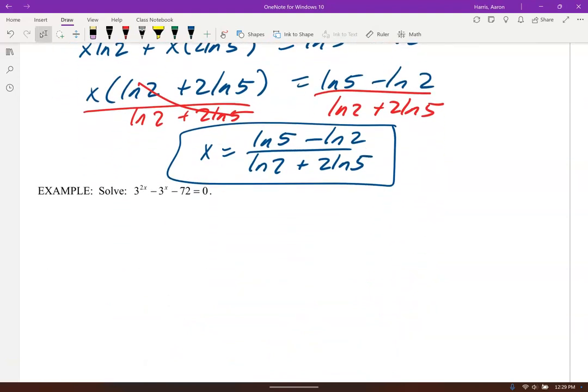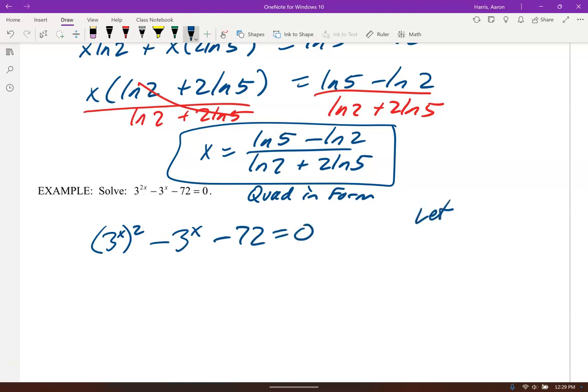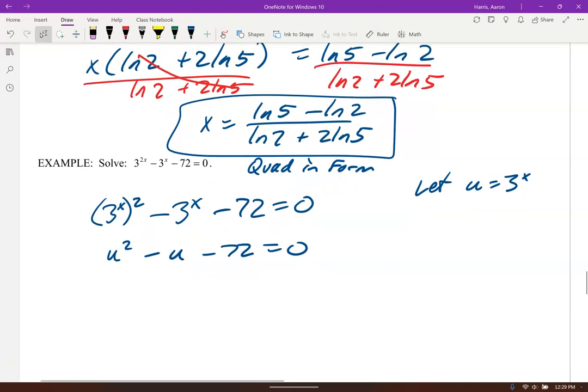And let's keep going. This one is called quadratic in form. And so what I want you to recognize is this is the same as 3 to the x squared. Power of a power, you multiply that. X times 2 is 2x, right? Minus 3 to the x minus 72 equals 0. In other words, if I let u be 3 to the x, this is the same as u squared minus u minus 72. And how would you solve u squared minus u minus 72? Well, you just factor it into u minus 9, u plus 8